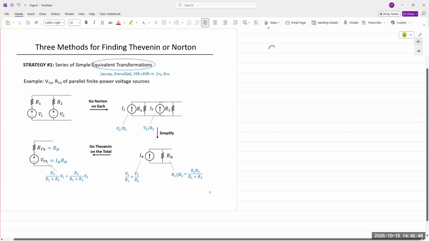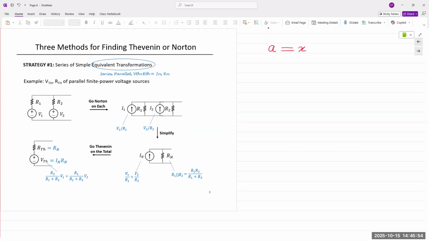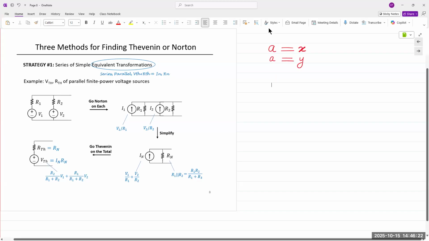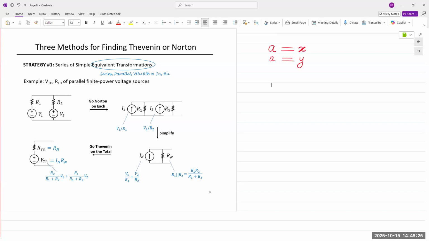We say that we have a large circuit A, and it is equivalent to its Thevenin circuit, which is X. And then we also say A is equivalent to its Norton circuit, Y. So if A equals X and A equals Y, what can we say about the relationship between X and Y? They are the same, right? And so we can write, if A equals X and A equals Y,